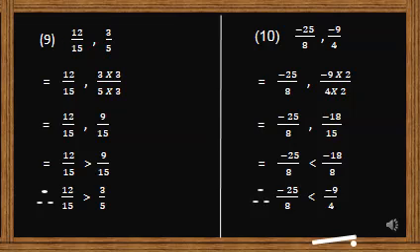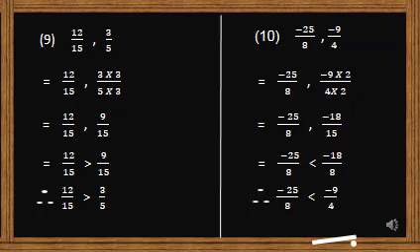Now our last sum of this practice set 1.2 and our lecture is minus 25 upon 8 and minus 9 upon 4. Here we will make the denominator the same by multiplying by 2. Minus 25 upon 8, comma, minus 9 multiplied by 2 upon 4 multiplied by 2. Minus 25 upon 8, comma, 9 2s are 18, minus 18 upon 8. Here we made the denominator common as 8 on both sides.